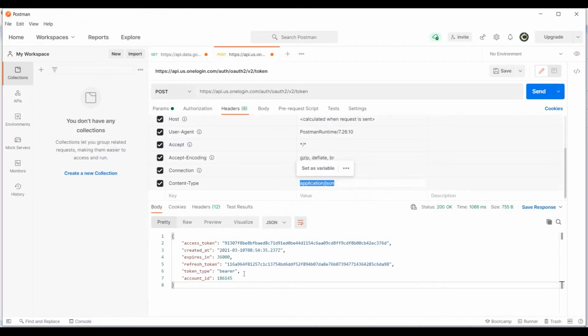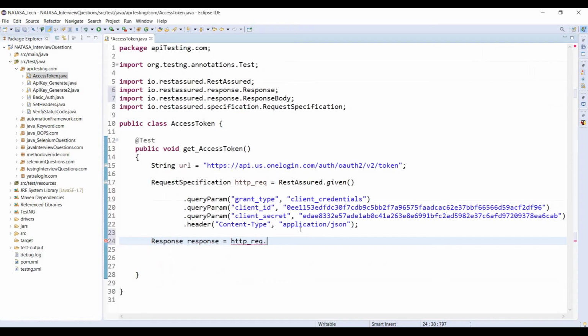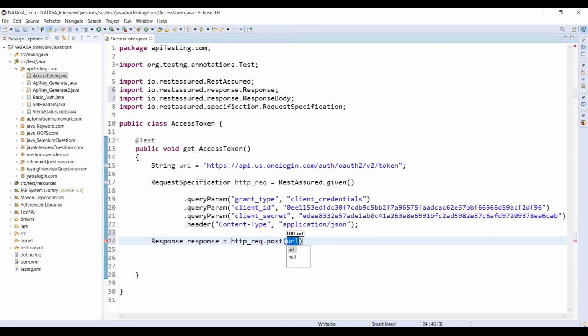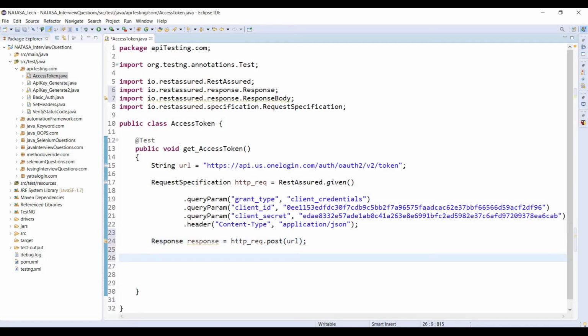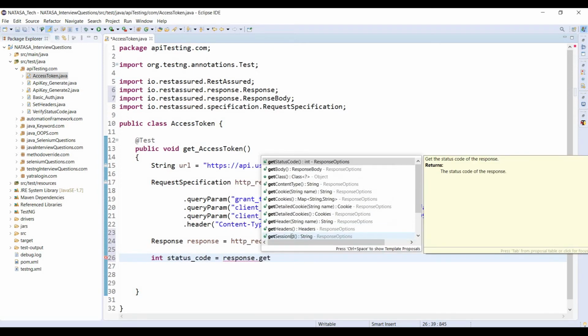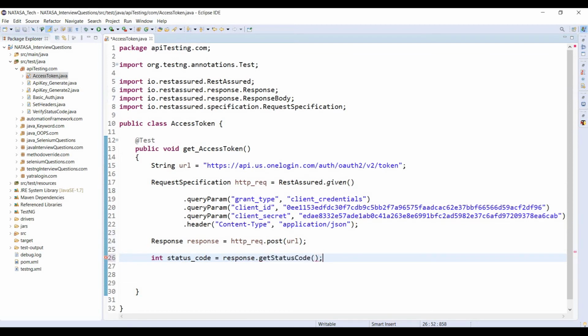We are using the post method, so we have to give post, and inside post we have to pass the URL. Next we have to get the status code. The status code we store in integer format: response.getStatusCode. Using this method only we get the status code.